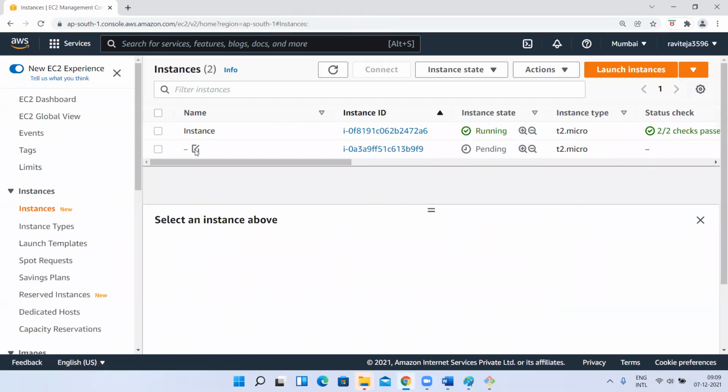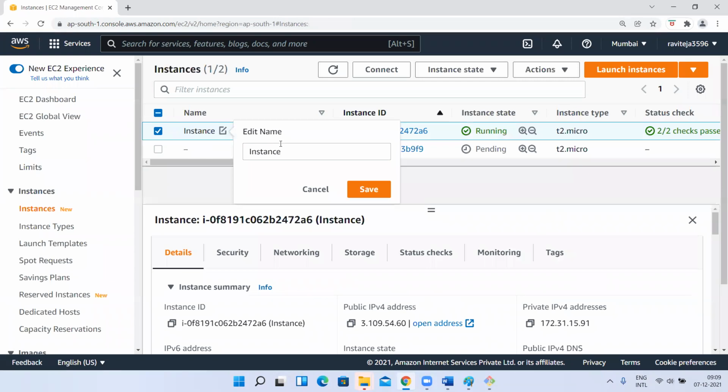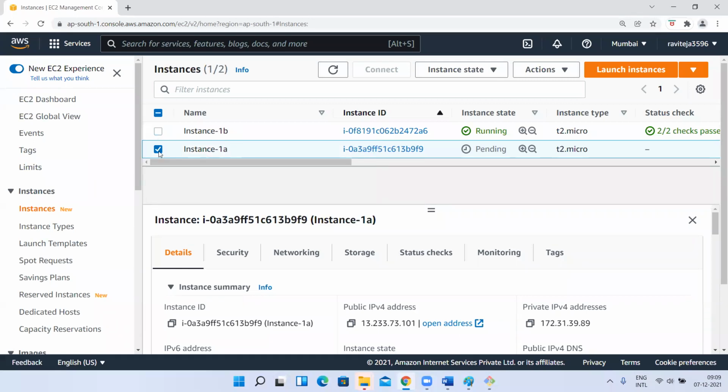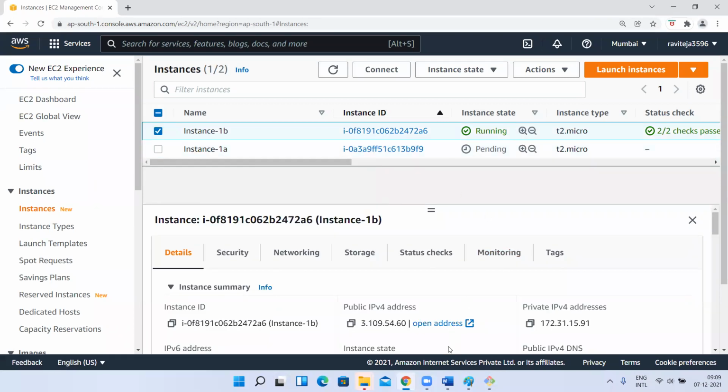The instance is getting launched. The first instance I'll name 1B, and this one I'll name 1A. By the time 1A launches, I'll go to 1B and install a few things there.